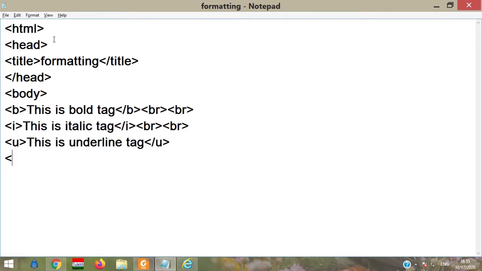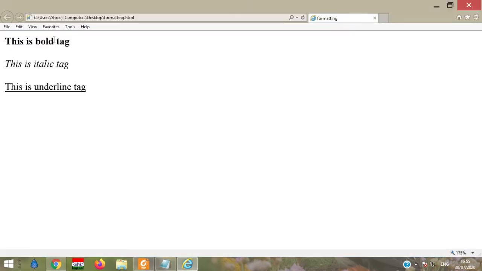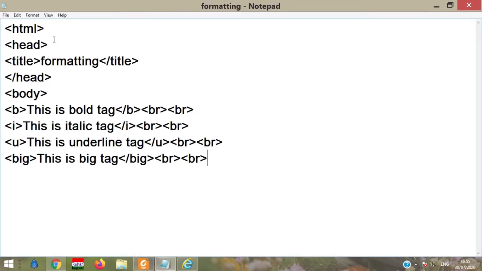Now the big tag. This is the big tag, and then /big tag. So copy and paste. The content between the big tag and the close big tag is displayed one point larger in size, one point bigger than the previous letter.